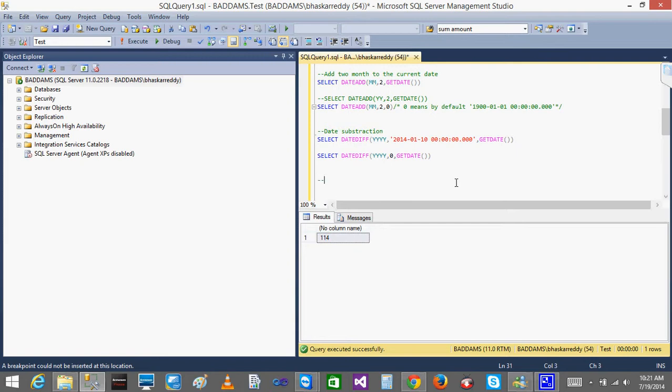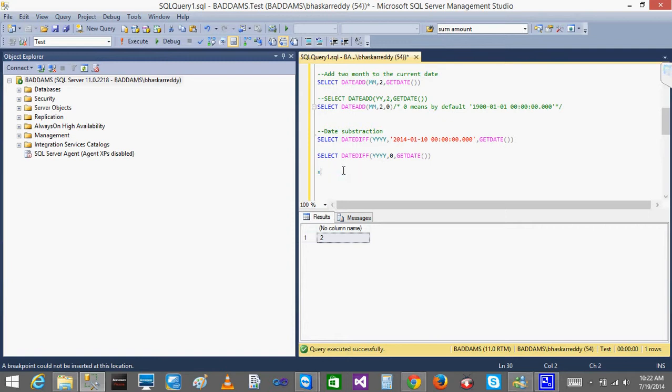Can you tell me this subtraction again, please? Okay, so date subtraction means, please mute your headphones. Date subtraction means whenever you want to differentiate two dates, whenever you want to subtract two dates. See, if I want to subtract 12 minus 10, then what will I do? I'll just write select 12 minus 10. What will it be now? 2. You got it. But you can't subtract two dates directly like that.